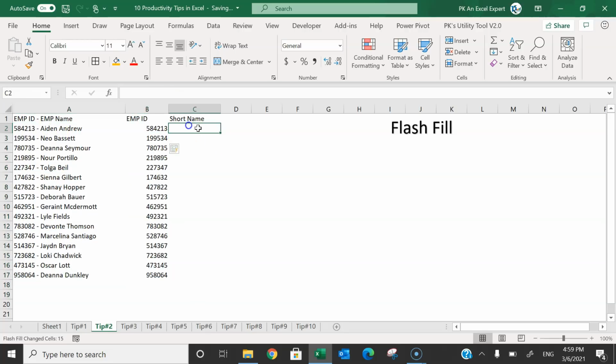Alright, I'll show you one more example. Here we have the employee name. Now I want to create the short name in capitals for the employee name. For the first employee, I'll put AA. The second one, I'll put NV. Okay, so let's put AA here, and as soon as I put AA and press Ctrl E,